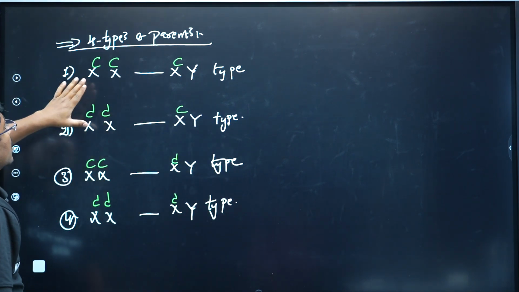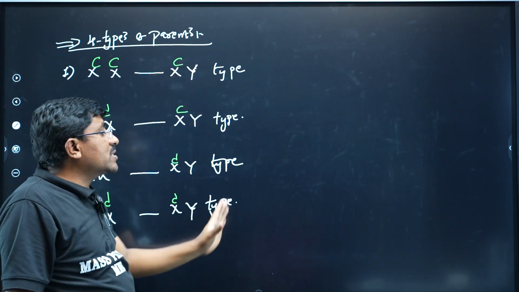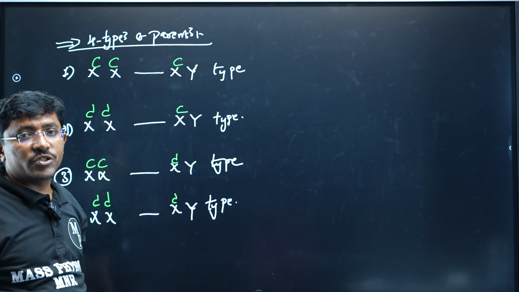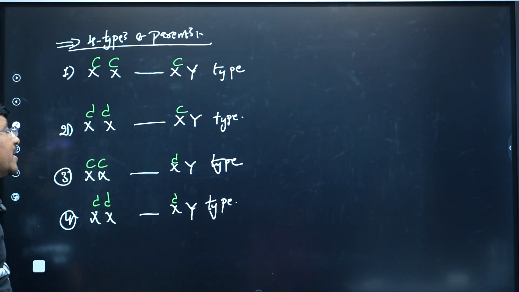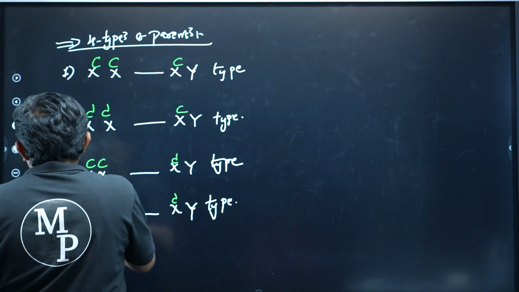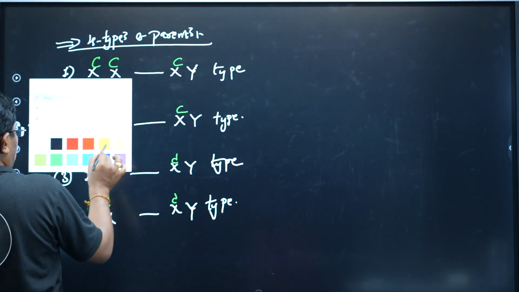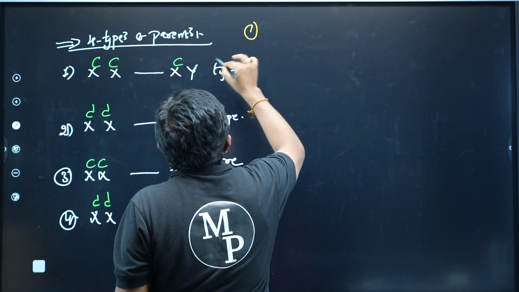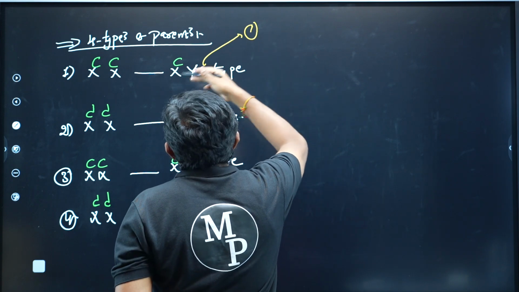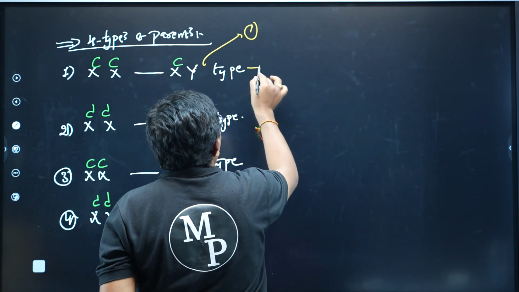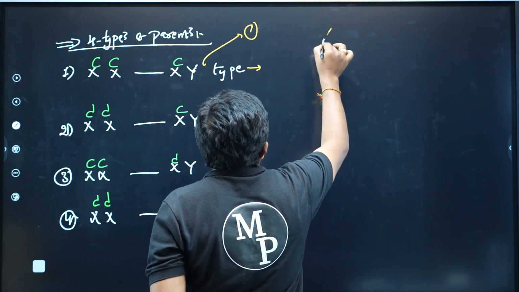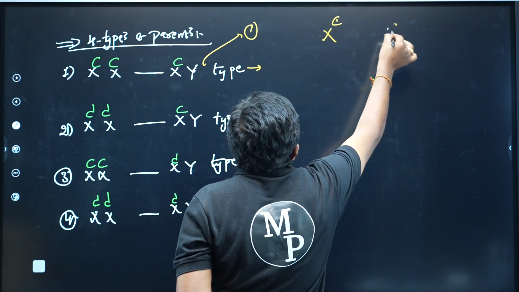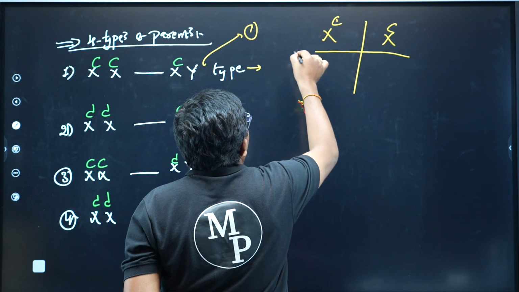So now we will identify the percentage of color blindness in their offspring by using the Punnett chart. By using the Punnett chart, we will identify it easily. First, we'll discuss the first one. In the first one, all offspring are normal. First we'll substitute these traits in the Punnett chart.